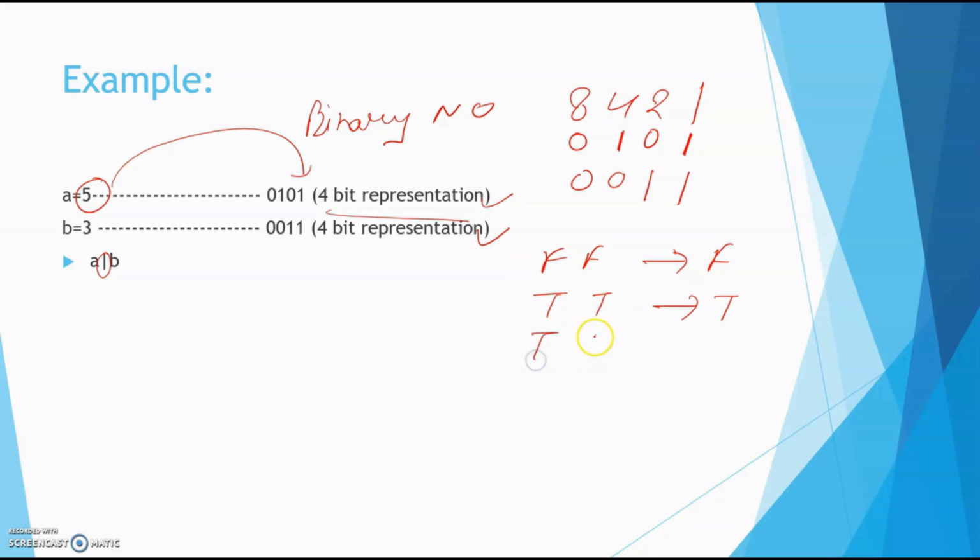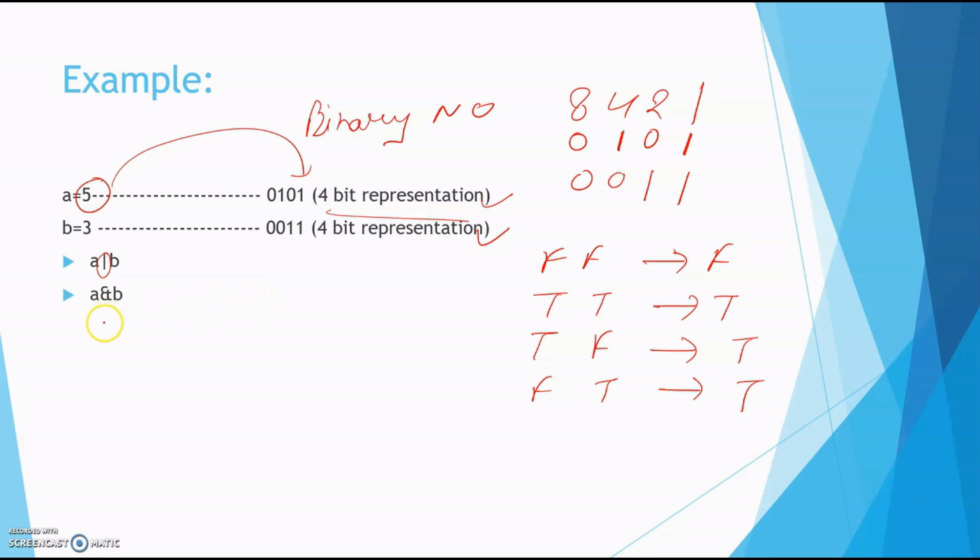If one of the conditions is true and one is false, it gives true. False, true, it gives true. So that is the bitwise OR operator. Okay, so that is the condition, 0 1 0 1 and 0 0 1 1.